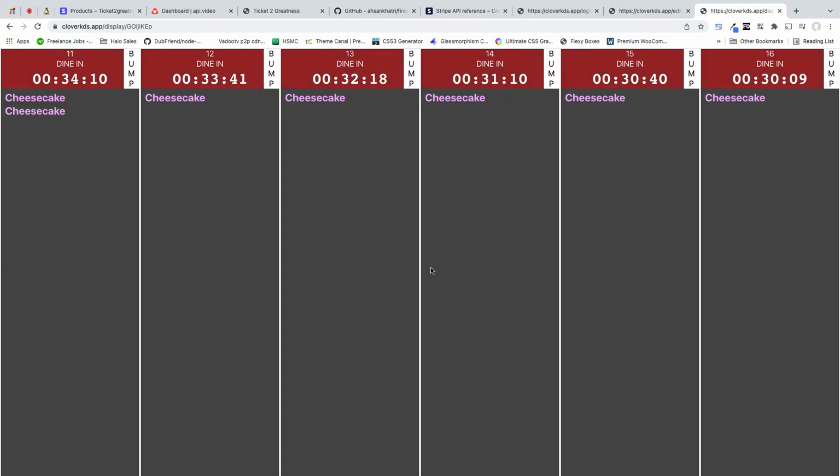So here's a display for the hot kitchen. Since I have the order bump turned on, you'll see these bump buttons, and I can either use a mouse and click them to clear those screens, those orders, or I can use my bump bar that I actually set up. If you have an Android tablet, you can actually tap on these to clear the order as well. If I use my bump bar, I'm going to press 1,